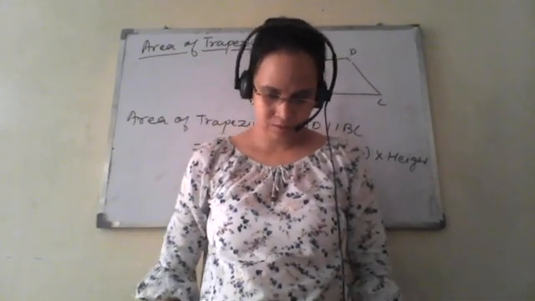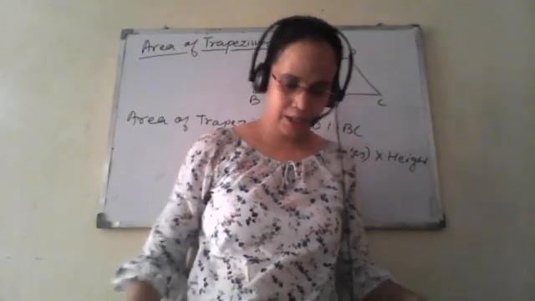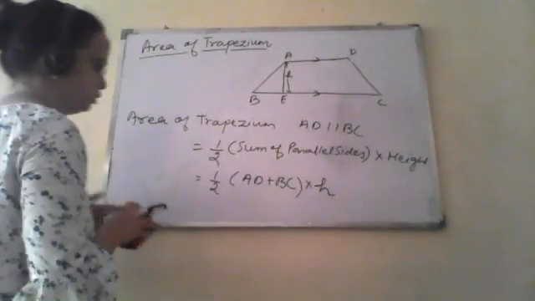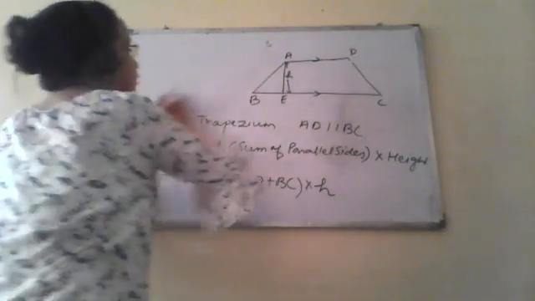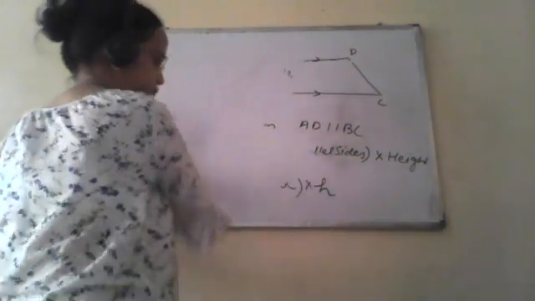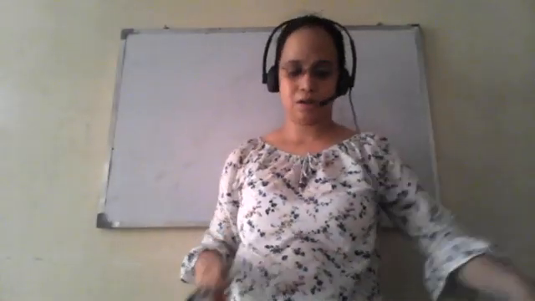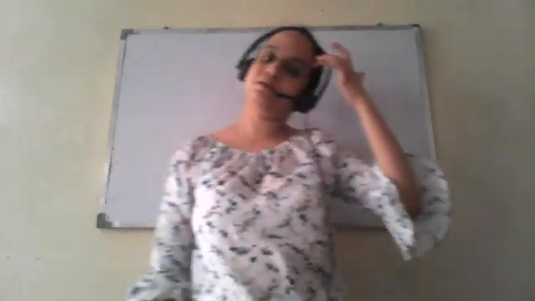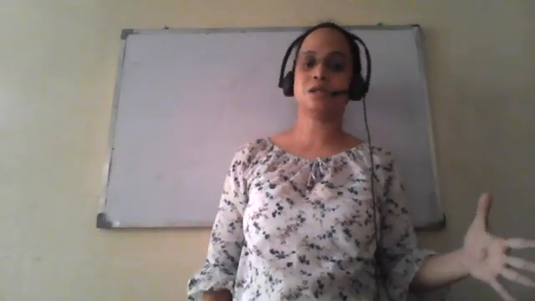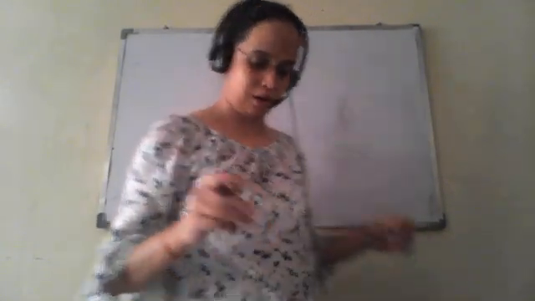Now area of generalized quadrilateral. Area of the generalized quadrilateral having 4 sides. Okay. So rectangle, square, rhombus, these are some specific quadrilaterals in which there are some specific formulas. So we will calculate the area of general quadrilateral. Okay.